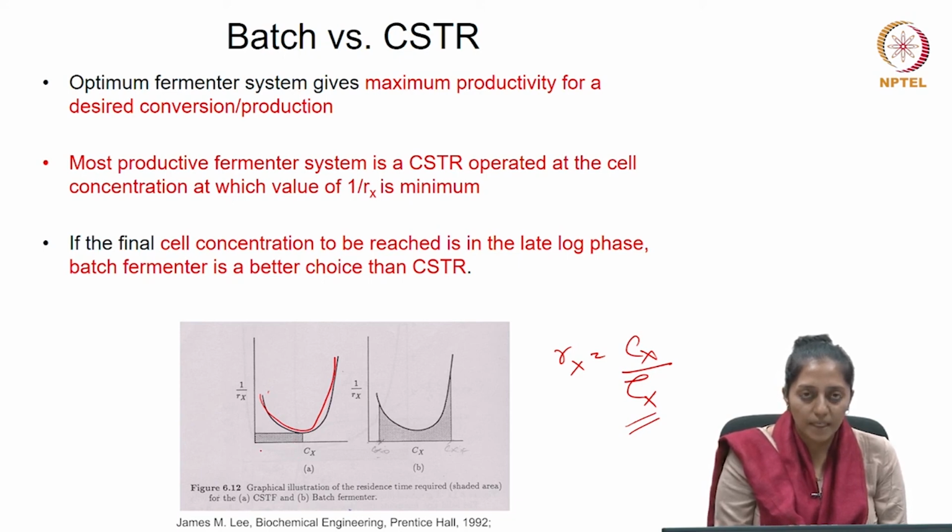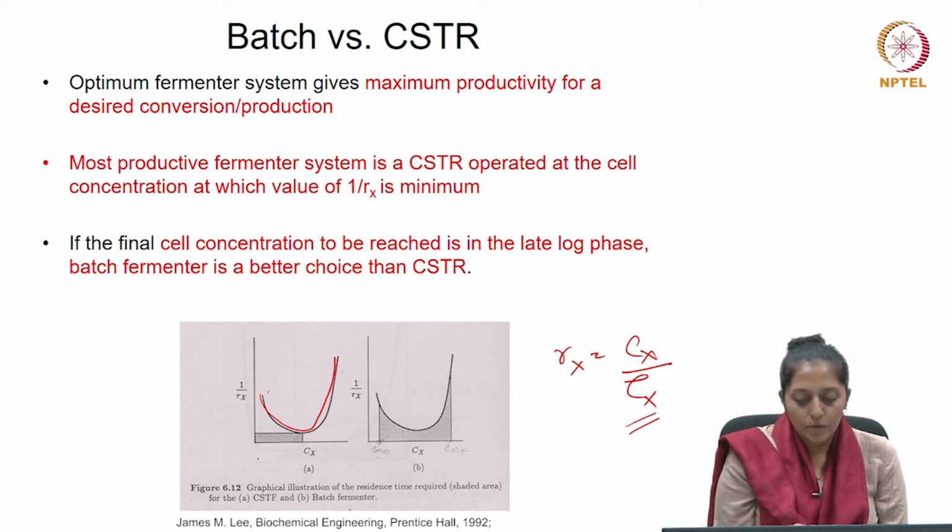Yes, for the reason you can visualize, let us see the extremes. When the Cx is very less, it is because the growth rate is very less. So, as the growth rate improves, 1 by Rx value is coming down and your Cx will keep on improving till all the substrate is consumed, and then the growth rate sharply goes to infinity, as shown here, so that 1 by Rx goes to a very low value, nearly 0, and that is your maximum biomass which can be achieved